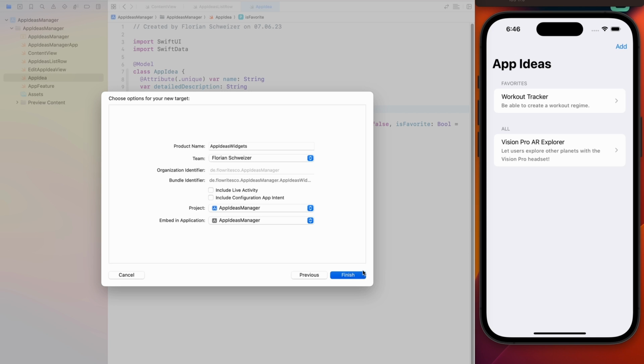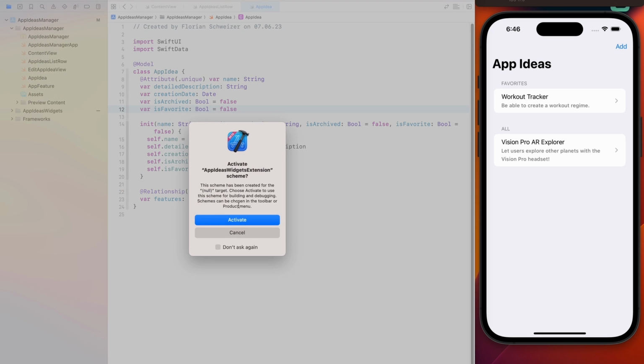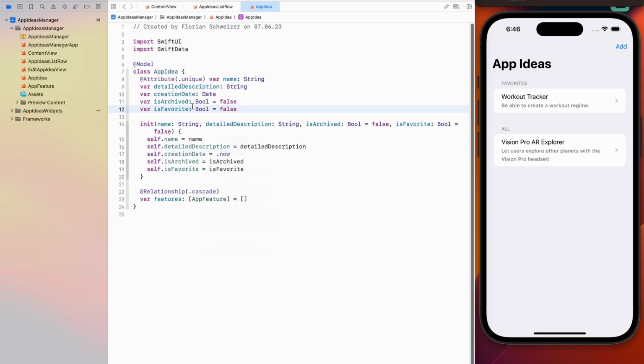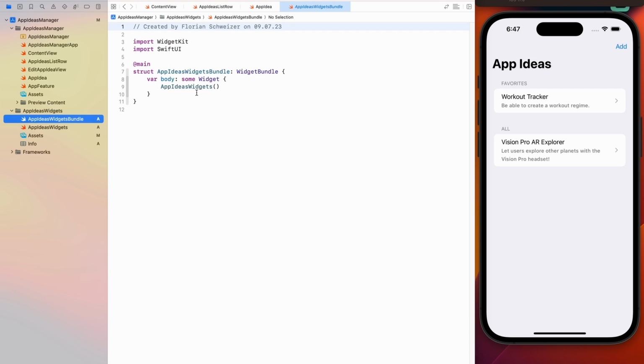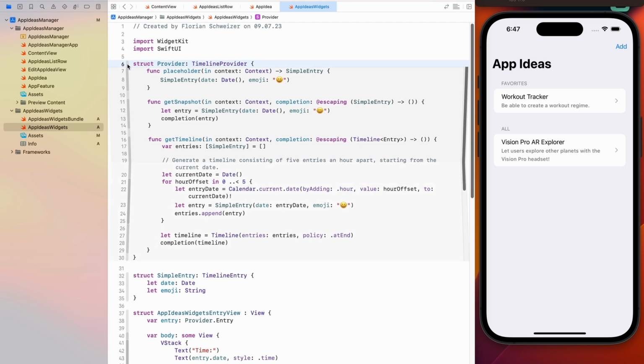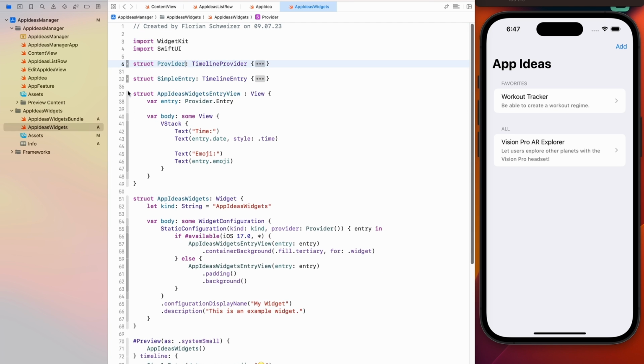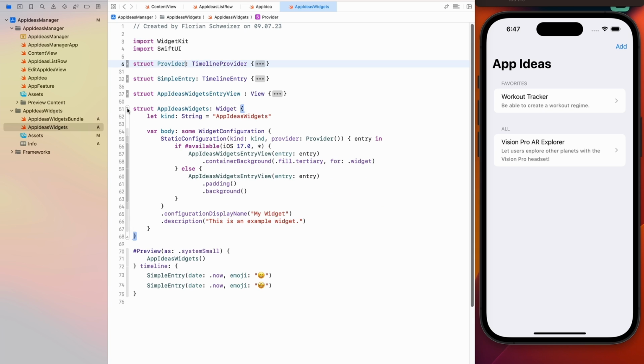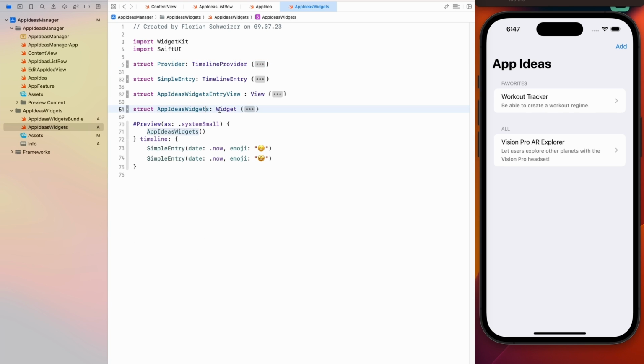I will just click on Finish, and then Xcode will generate that new scheme, and I will activate the scheme. Okay, so in here we just generated this folder. We have our widgets bundle, which is a widget bundle. And then we also have our app ideas widgets file, which contains our timeline provider, our timeline entry, our widget entry view, and our app ideas widget, which is the actual widget. And then we also have a preview down here,